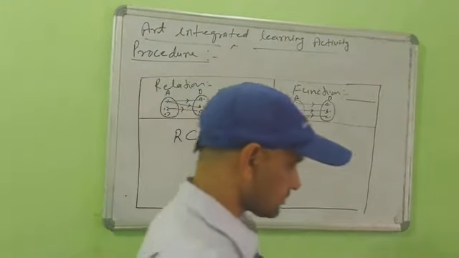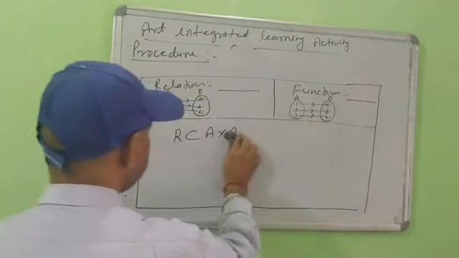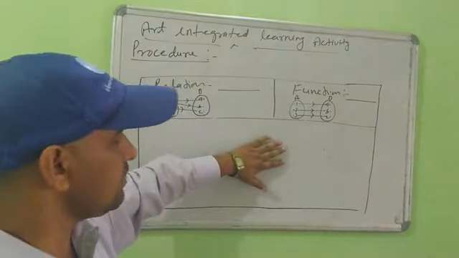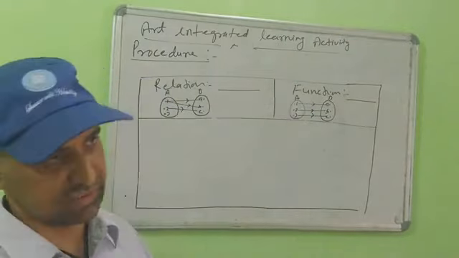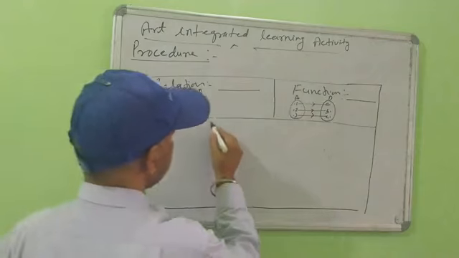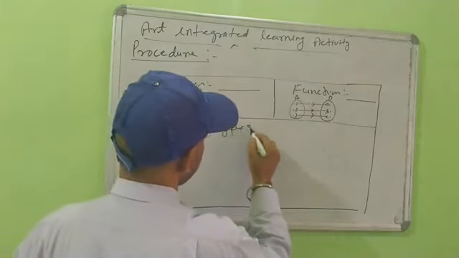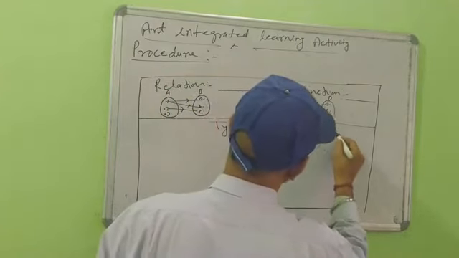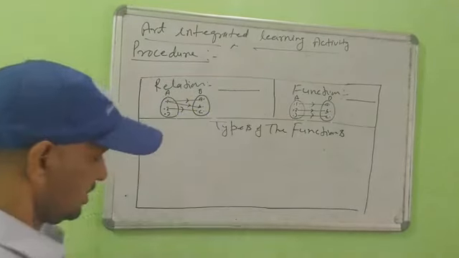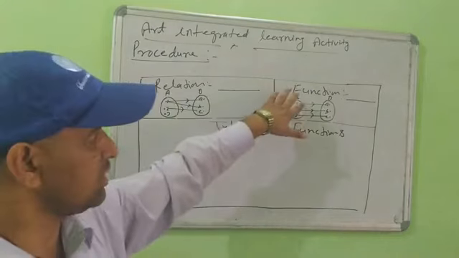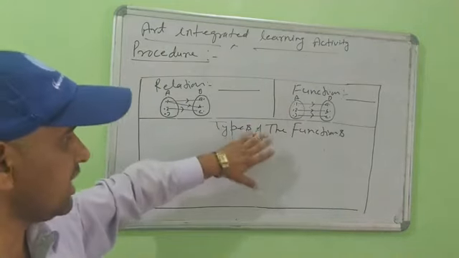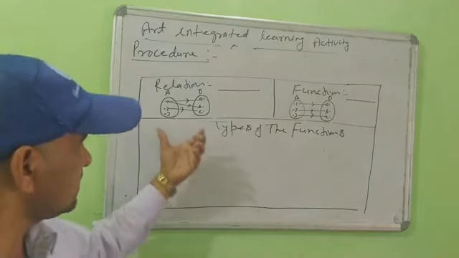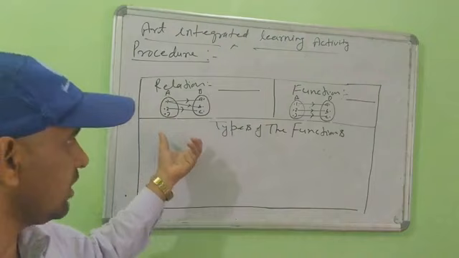And then in the left part of the chart paper, you will discuss the types of function, your important topics. In this area you will use only 20% of the part, and the rest, 80% of the part, you will use for the types of the function. Then in the same way you will draw your types of the function.